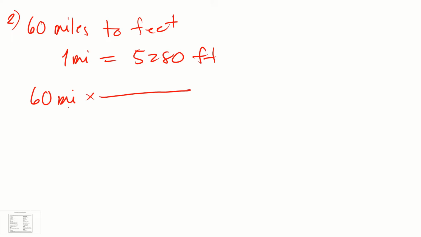We would like to eliminate miles, so therefore we will write 1 mile doon sa ilalim, sa denominator, and then write this value sa taas, so doon sa numerator. So this is our conversion factor now. We can now eliminate miles from our solution and perform the operation to get the new value. So 60 times 5,280, that would give us